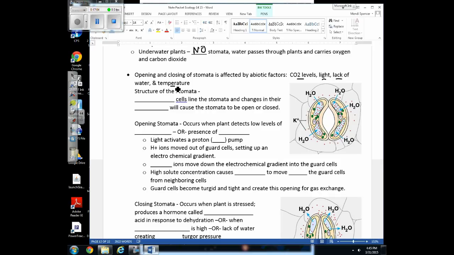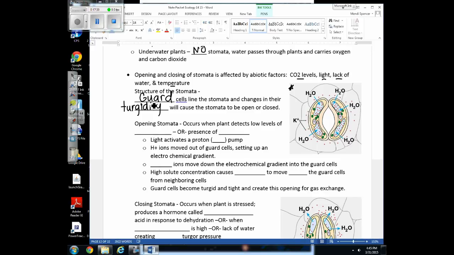So this is what a stomate looks like. And on the edge of the opening, there's actually two cells, and they're called guard cells. And these guard cells are going to control whether this hole is open to the atmosphere or it's closed off. They do that because water is going to move in and out of these guard cells, and it's going to affect the turgidity of these guard cells. Remember, turgidity is just another way to say turgor pressure,